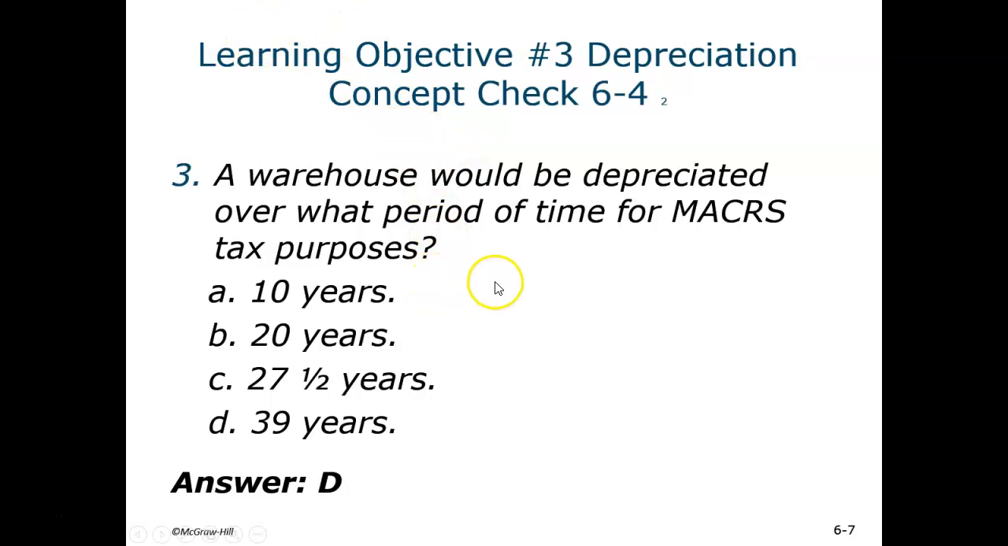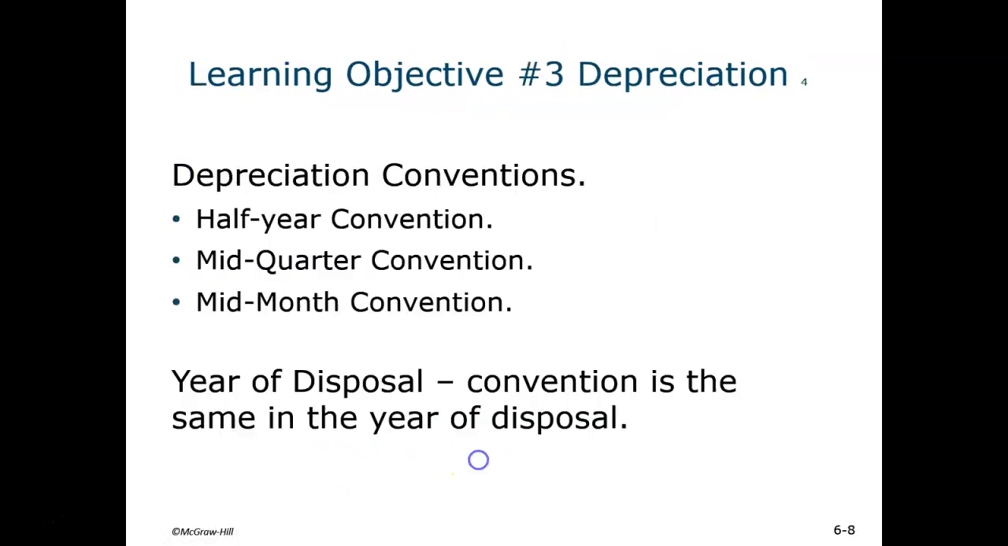Learning objective number 3. A warehouse would be depreciated over what period of time for MACRS tax purposes? 39 years. Why? Non-residential real estate is depreciated over a longer period of time. All right. So when we talk about depreciation and the methods that we use under MACRS, we have 3 conventions: